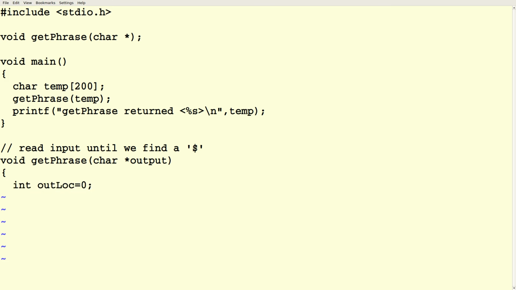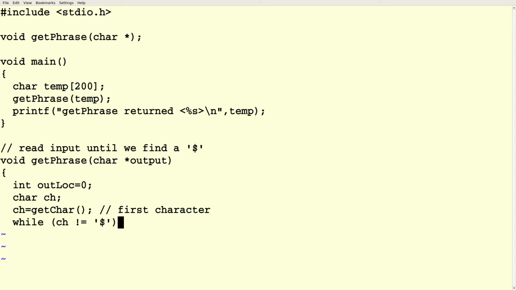So we need an output location, right? Because we're going to read with getchar, and each time we read something, we're going to store it into this output array until we get to this $ sign. So we'll read the first character as usual.